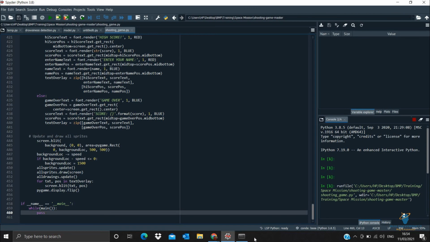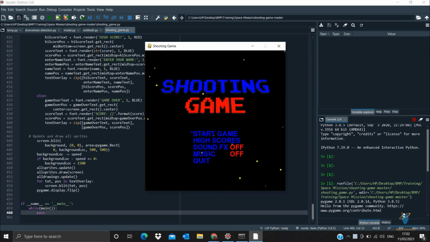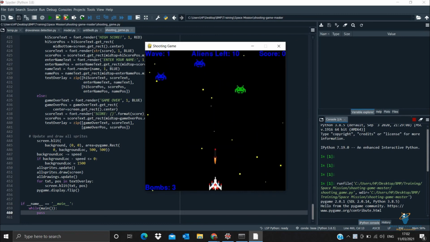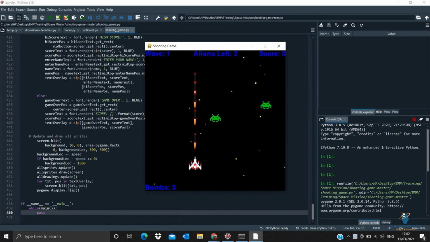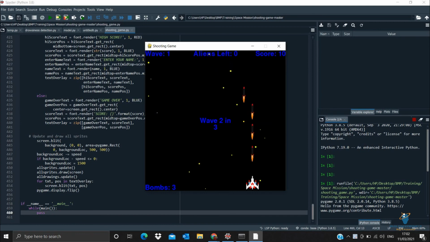You can see it will take some time. Now you can see the output here. With S, we can go down, and if I press enter, you can hear the voice. If we go for music, when we press enter, it will get turned off. If I play with the help of space, we are shooting. S, D, W go up, S goes down, D goes right.